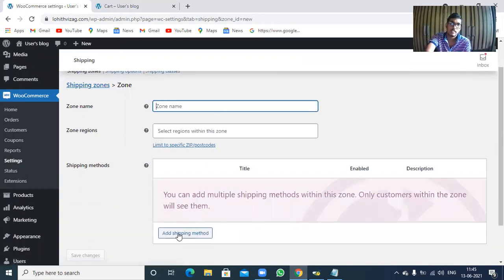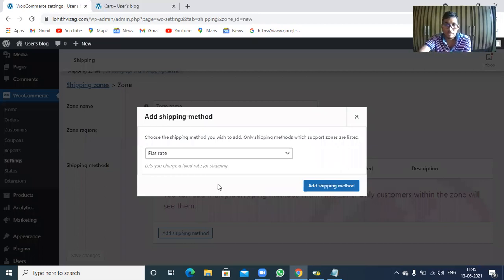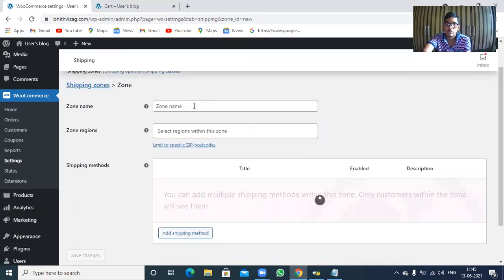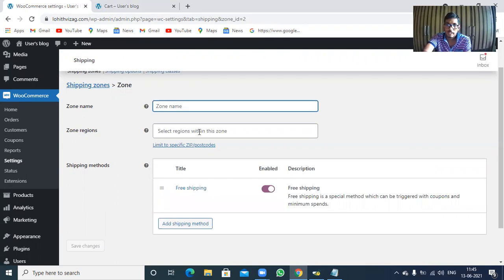And here it is showing that you have to click on add shipping method. First of all, now I'm going to click on add shipping method itself. So let's change the flat rate to free shipping, and then click on free shipping itself. Next point is that now you have to select the region within this zone.